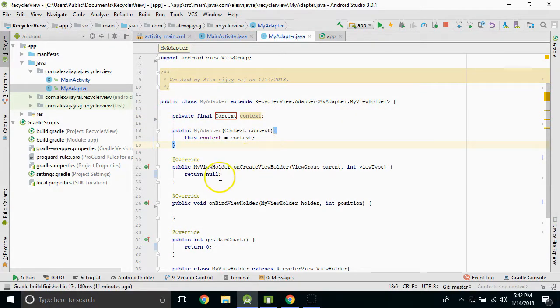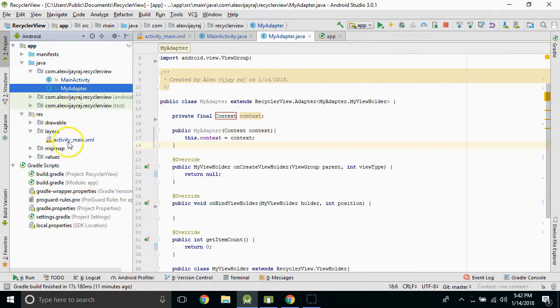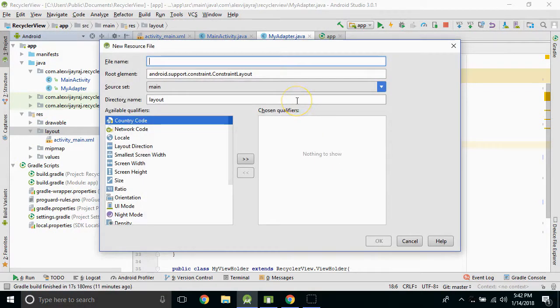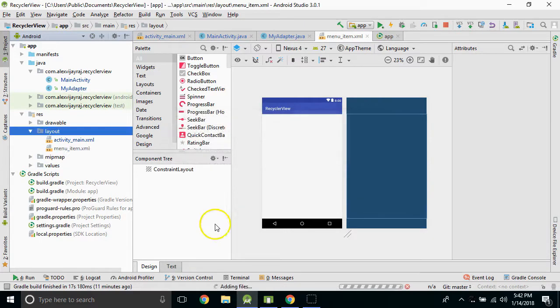Now for something to be displayed, we need to create a layout inside the onCreateViewHolder, and we need to return the layout here. Let's create the layout that the RecyclerView is going to display, and to do that I'm going to go to Resources, Layout, and right click, New Layout Resource File. I'm going to call the layout menu_item. I'm going to hit OK, and